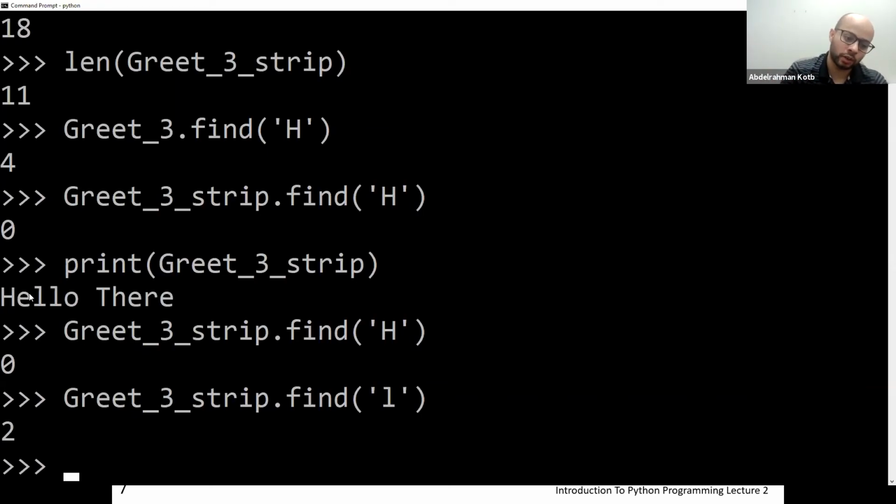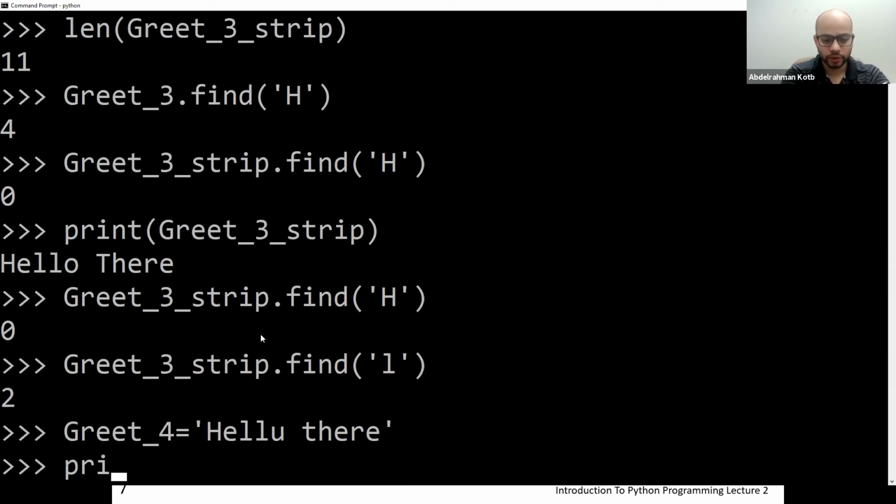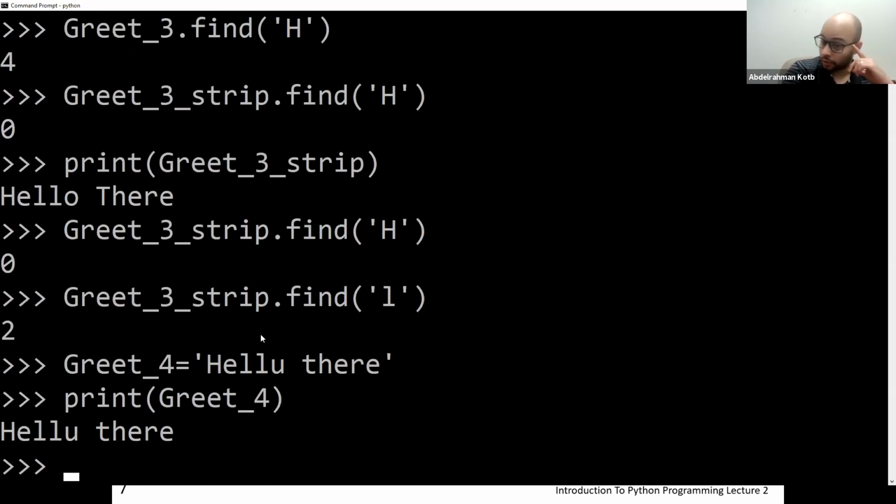So let's say I want to change this O, or let's say there's a typo. So greet 4 is equal to hello there. If you print it, there's a typo, and I want to change that typo.